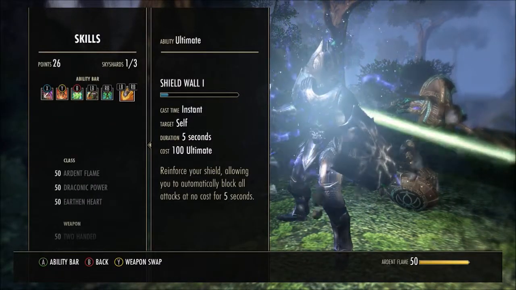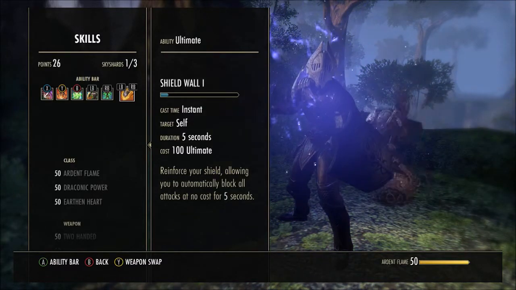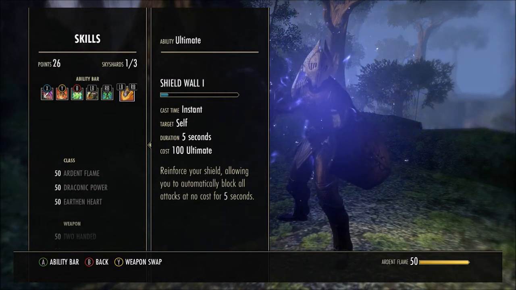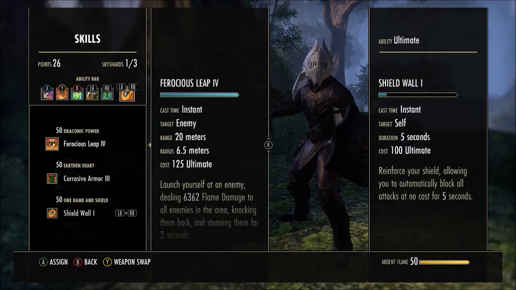Next off, we got the Shield Wall. Now, I don't have this morphed yet, but it reinforces your shield, allowing you to automatically block all attacks for no cost for 5 seconds. This is a really good ability, and the reason I'm starting to run this over Ferocious Leap now is because